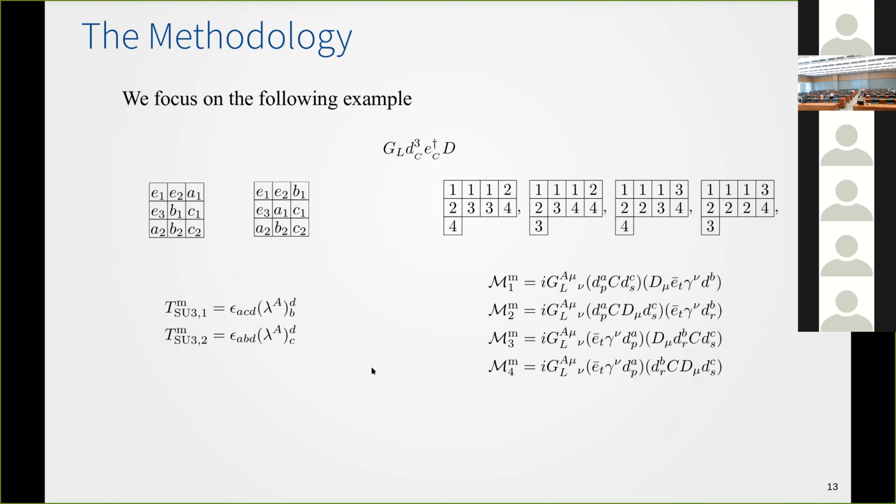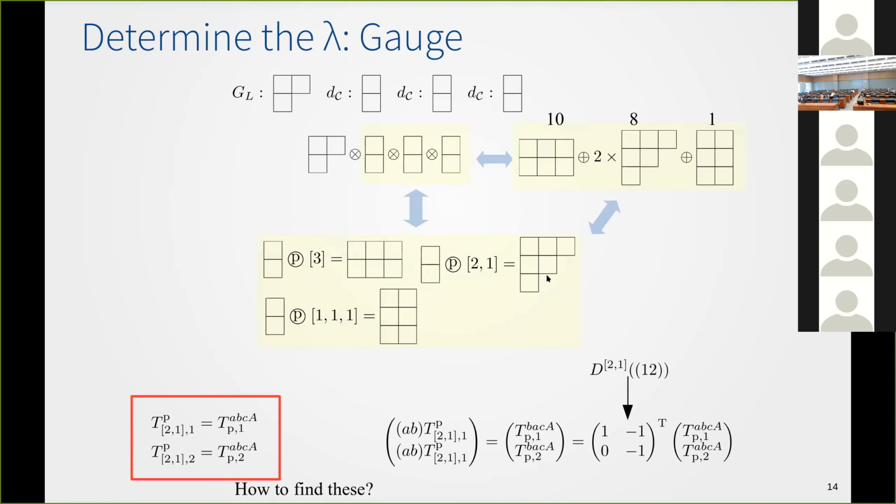So in the following, I will focus on this type of operator, which has only 2 elements in the gauge Y basis, and 4 elements in the Lorentz Y basis. And the first thing is to determine what kind of symmetry that the gauge factor can take. And this is done with the help of the platinum technique denoted by the circle P here. The platinum here is nothing but telling you how to organize the result of the decomposition of the direct product